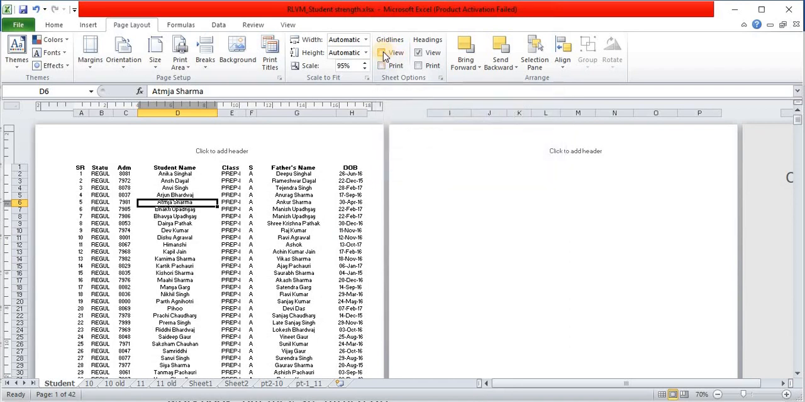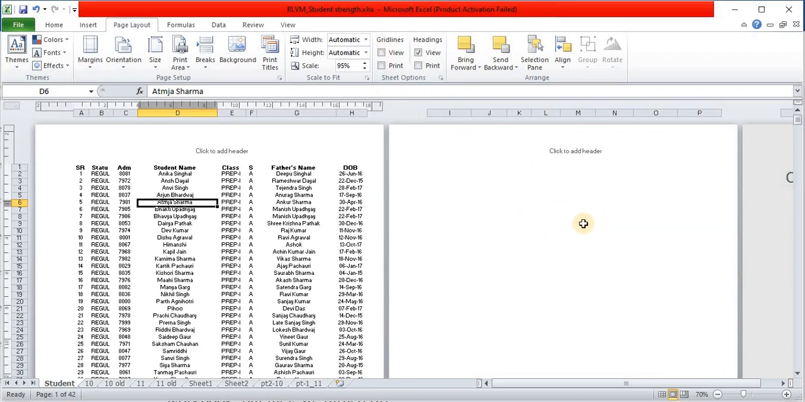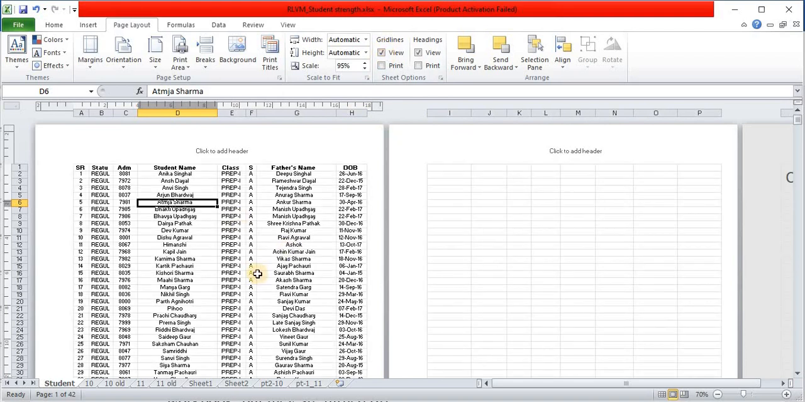If you want to view the grid lines, click on it. Now you can view the grid lines. If you uncheck it, the grid lines will not be shown. Okay, if you want to print these lines, whenever you take the printout, by default it will not